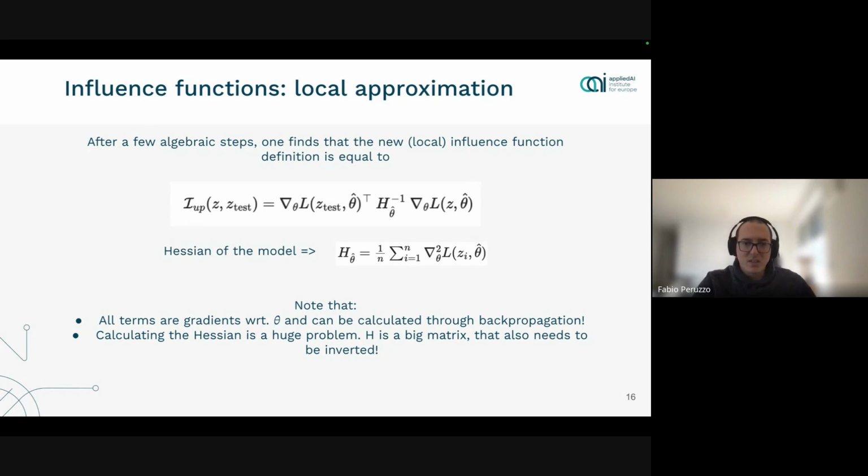And the second thing is that calculating the Hessian is a huge problem, because the Hessian is a matrix that has as many rows as model parameters, and it's a square matrix, so it has many columns too. So this means that just to persist the matrix in memory would take the square of the amount of memory that it takes to have the model in memory. So again, with the language models, this is completely infeasible, because it's difficult to even have the model once within your GPU memory. You can imagine squaring that amount of memory. So calculating the Hessian is a huge issue.